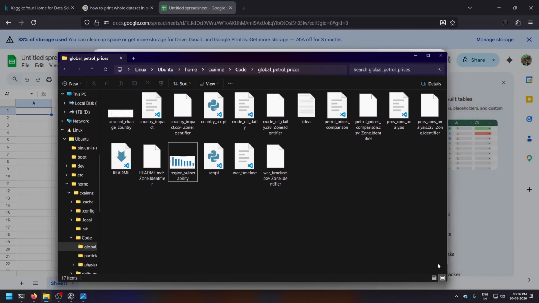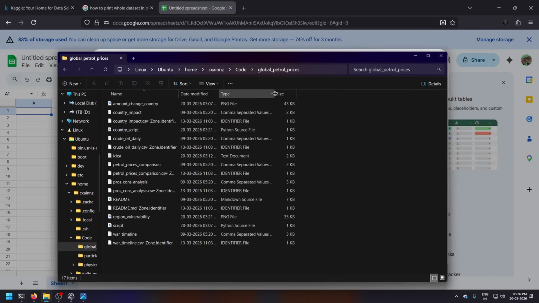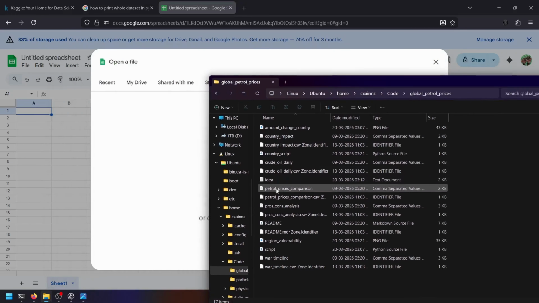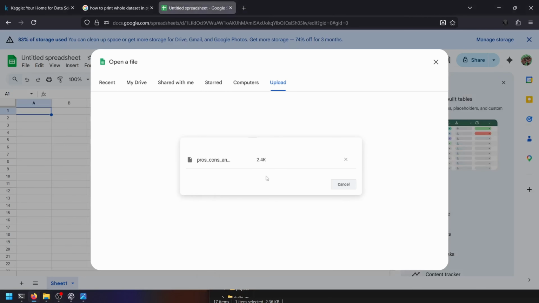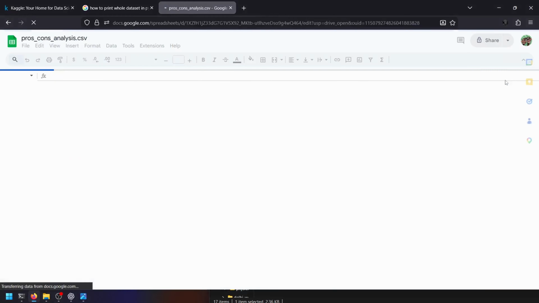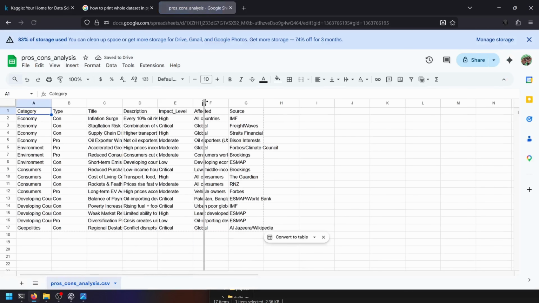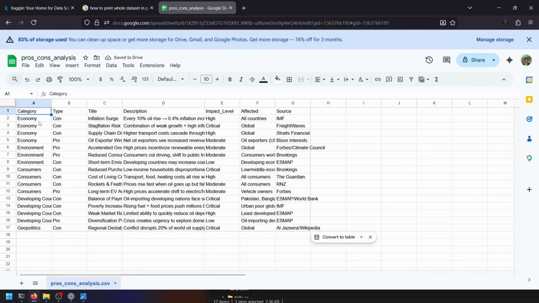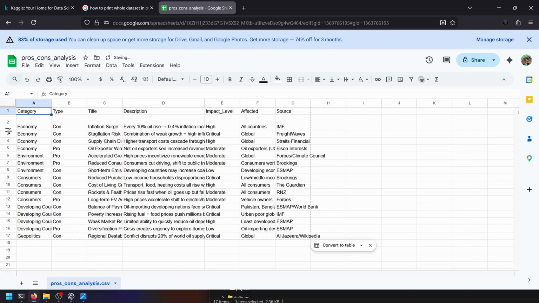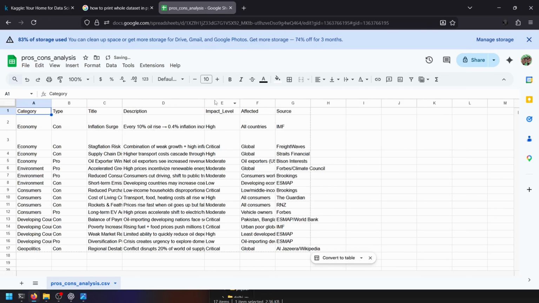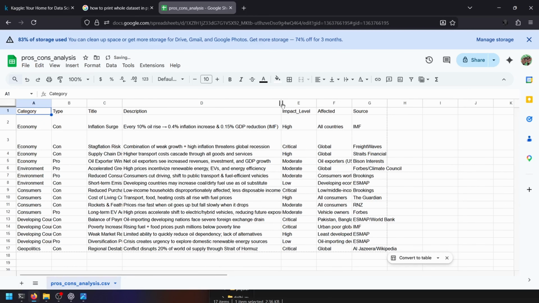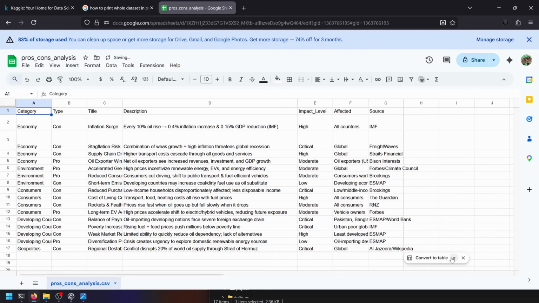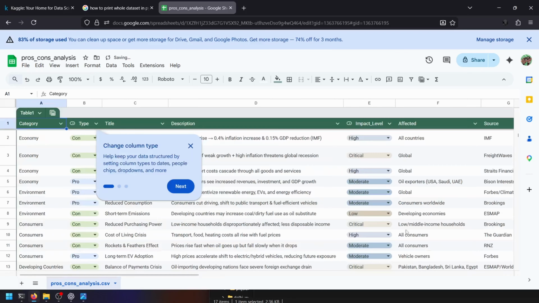I can't see the CSV file. Yep, CSV this one. Not petrol price increase, pros and cons analysis. This as it is, CSV file. I hope. Yep. Okay, now cool enough.